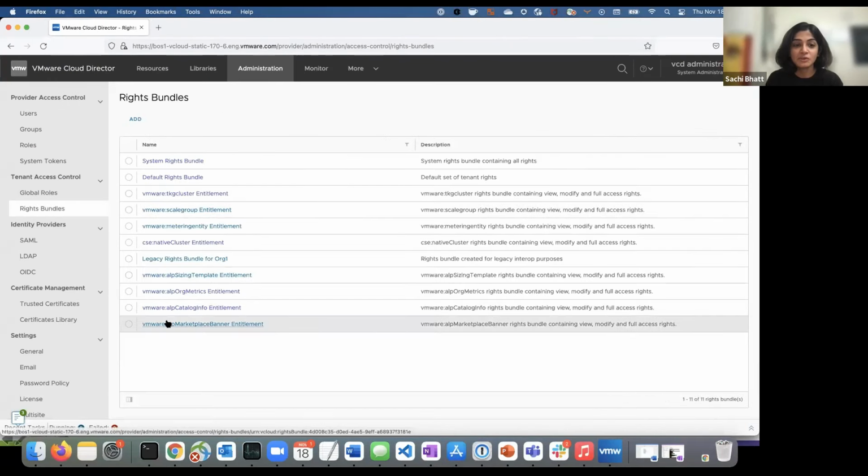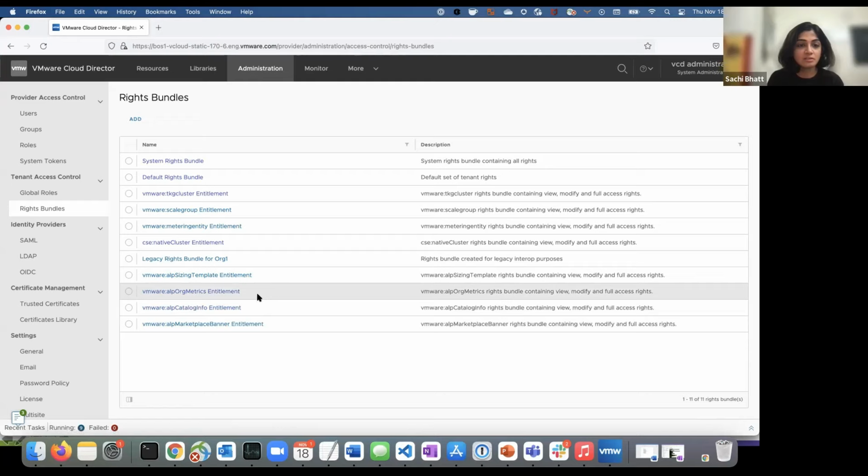Yeah. So I'm back in the provider portal just to show you that. So we have these other entitlements over here, the ALP marketplace banner, as well as the ALP org matrix banner. So provider can select if they want to publish it to the customers. Got it. So provider can monetize if they want to.